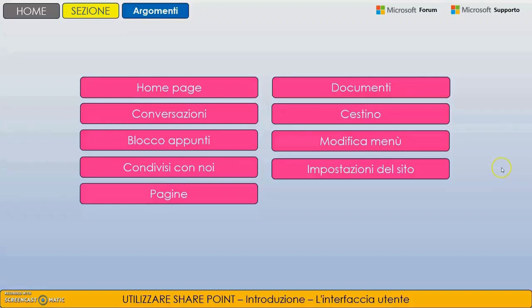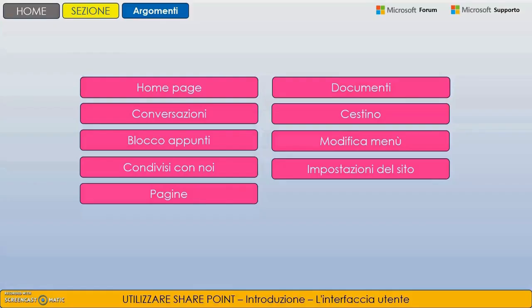Hello, and welcome to this SharePoint lesson where we will explore the user interface. That is, how to navigate the SharePoint environment, what the buttons are, and what the features are. So, everything we can do includes the spaces accessible from the interface without, for the moment, going into the specifics of individual features. That's what we will do in the next sections, trying to clearly outline everything that can be done from the SharePoint interface.